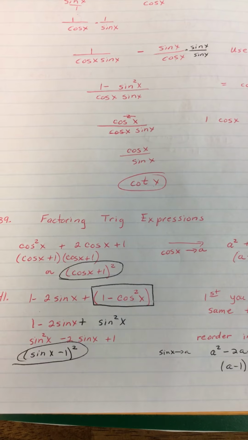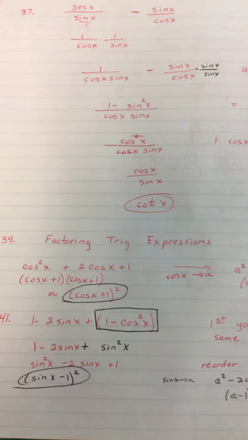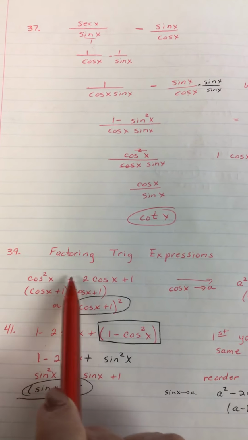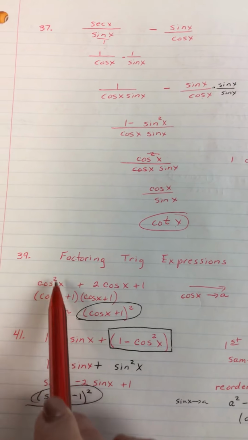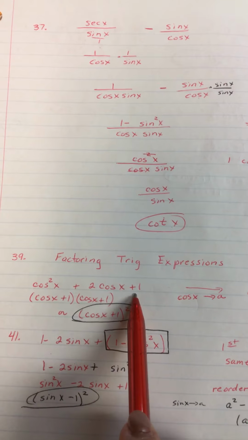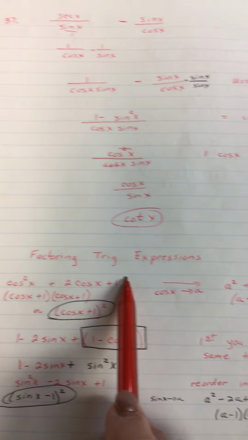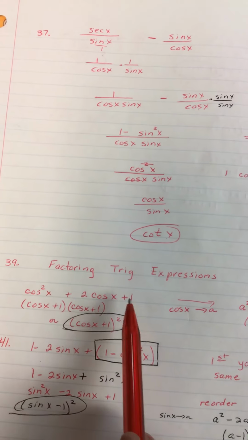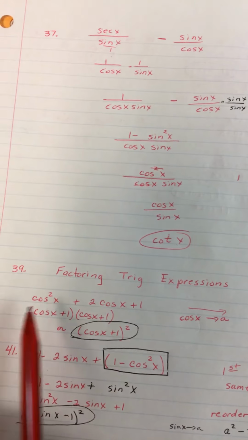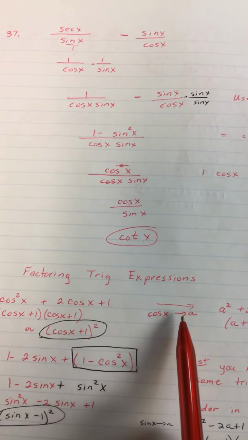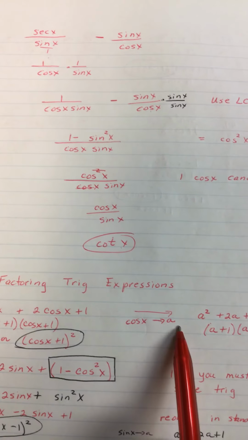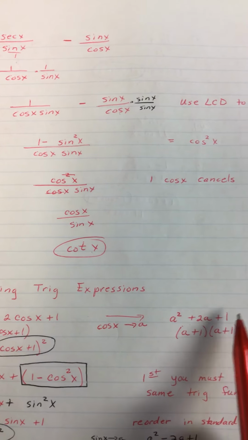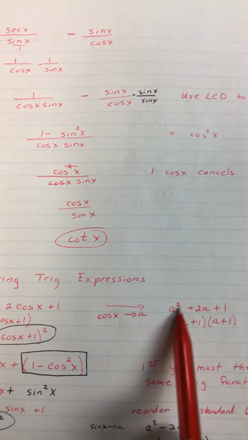Now we want to talk about factoring, and don't get overwhelmed by this. I have a trinomial here that has a cosine squared x in it and a cosine x plus 1. If factoring with trig expressions in there overwhelms you, think about replacing the cosine x with just an a. That problem becomes a squared plus 2a plus 1, and I think every single one of you can factor